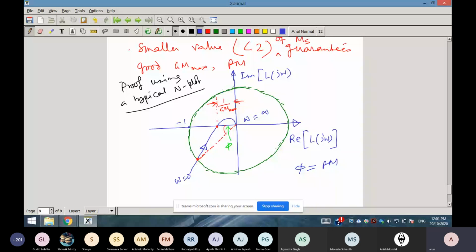unit circle, sensitivity circle. Sensitivity circle, if you draw, it will be like this. So this is your sensitivity circle, S circle, and this radius is what? This radius is your MS inverse. Okay. So now from the figure it is clear that